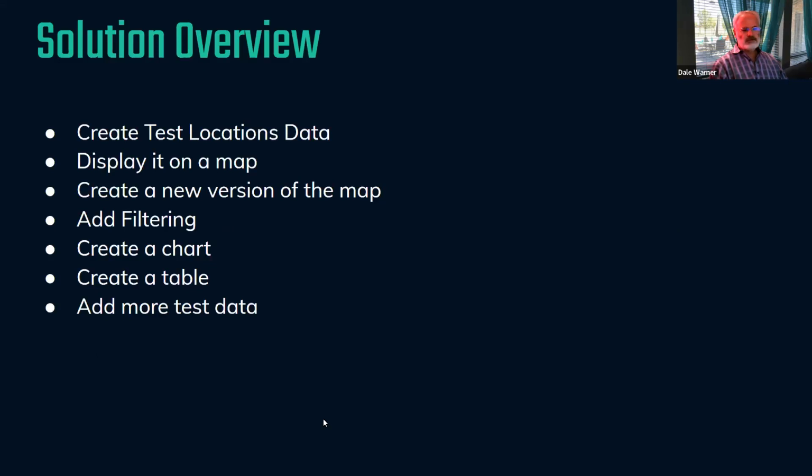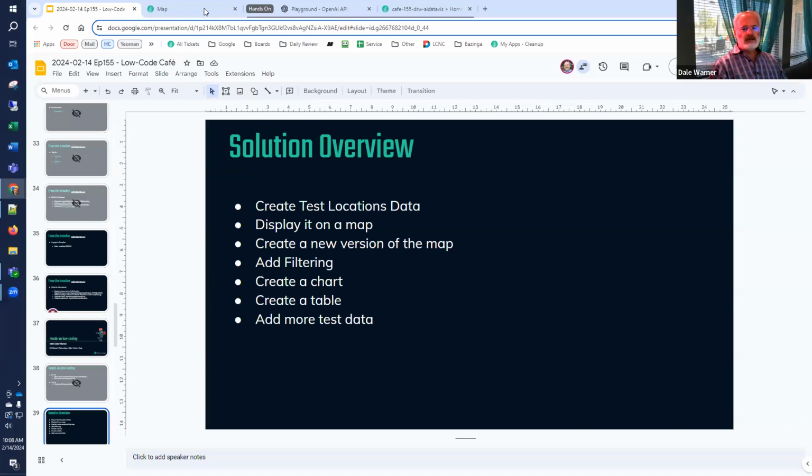So here's the solution. This is what we're going to be building over the next hour, some, hopefully all of this. We're going to get some test data. We're going to display it on a map. So this will be like a map of the United States, displaying it by latitude, longitude. We'll have some other versions of the map, some ability to filter the data, create a chart, create a table, add more test data. That's where we're going today. To take a look at it,